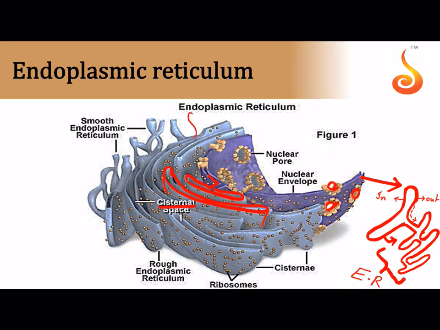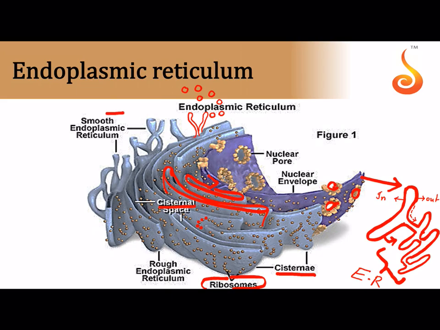In some places the cisternae are extended into hollow tubes which are referred to as the tubules. In some places they give out these vesicles, see, these sac-like structures which are referred to as the endoplasmic reticular vesicles. And one more thing is the endoplasmic reticulum here, you can see it is studded with these golden particles which represent the ribosomes. Whenever the flattened disc-like structure or the cisternae of the endoplasmic reticulum is studded with ribosomes, then we say that it is rough endoplasmic reticulum.